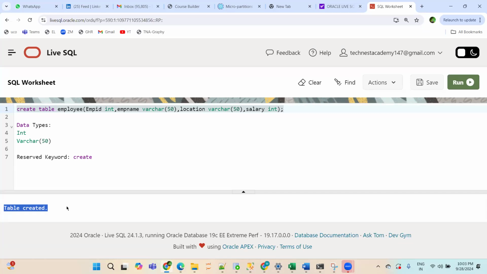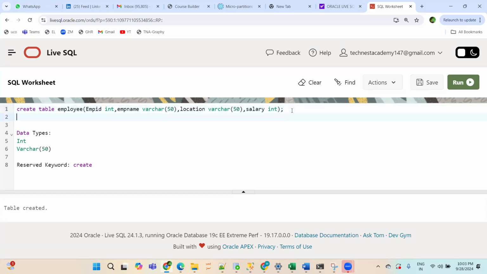Now the question is, Tanveer, okay, fine, you are telling that the table has been created, but what is the proof? So if you want to verify whether the table has been created or not, you have this DESC command or keyword. DESC means describe.